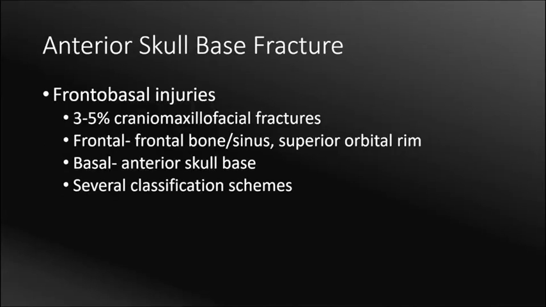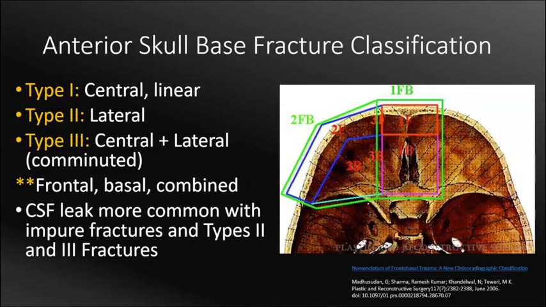Anterior skull base fracture or frontal basal injuries represent 3 to 5% of craniomaxillofacial fractures. The frontal component of that expression includes the upper third of the frontal compartment, and basal refers to the anterior skull base. That includes the cribriform plate, the ethmoid roots, and planum sphenoidale. And several classification schemes exist. The importance in choosing your description and classification is in thinking about how that reflects the associated complications. Here's an example of an anterior skull-base fracture classification scheme, which divides fractures into types 1 through 3,